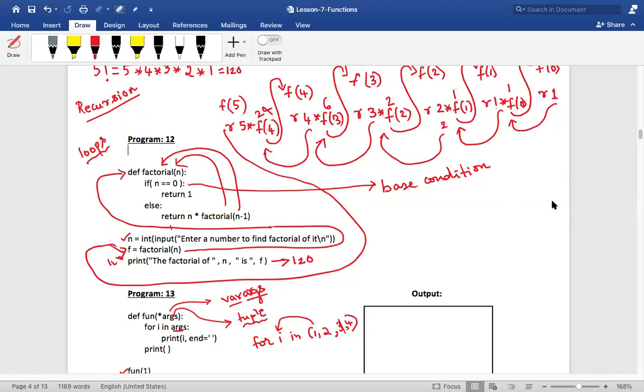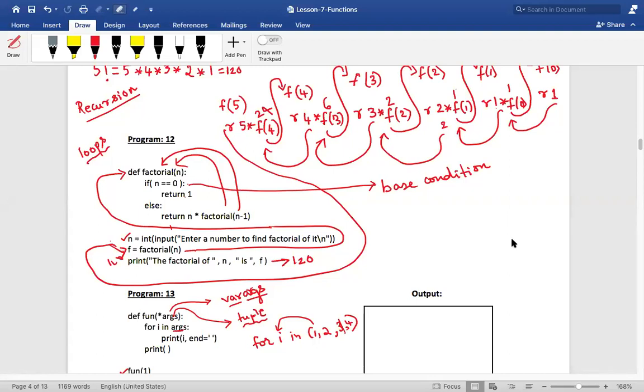Sir, after writing main content, can we write user defined function? Chaitra, please wait till tomorrow. I have one guess the output, so I'll be telling you. Okay, Chaitra. Sir, what is star before args? Avantika, that is a syntax for telling the Python interpreter that we are going to expect a variable number of arguments. Okay, Avantika.